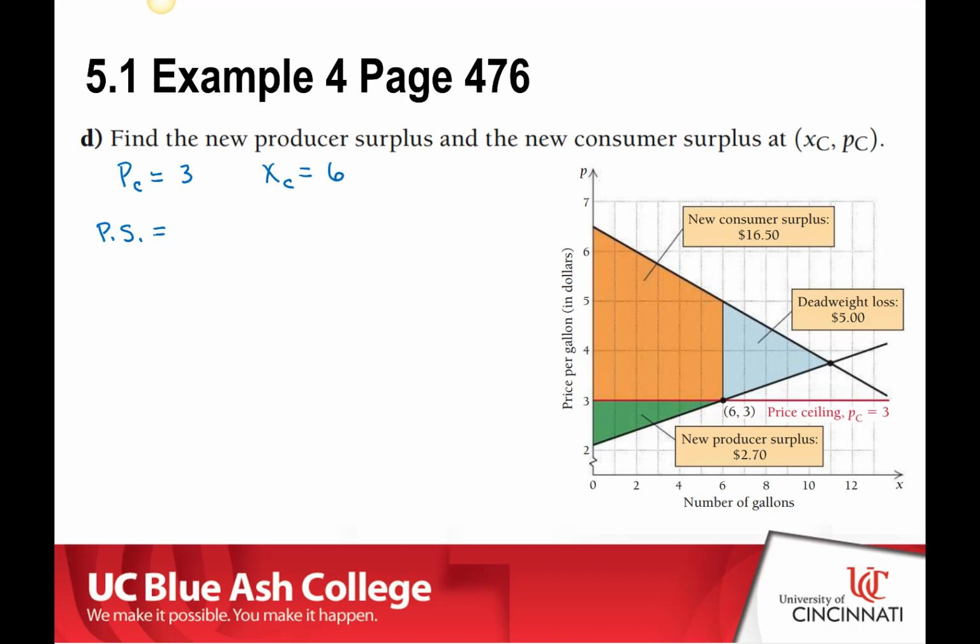We're going to have our ceiling price 3 times our ceiling quantity 6 minus the integral, and this time we're only going to go from 0 to 6, and we're going to integrate the supply function, which is 2.1 minus 0.15x